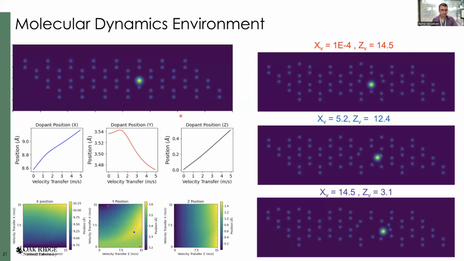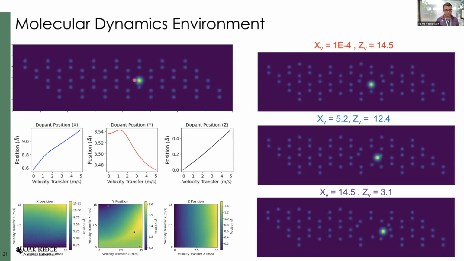And so if you can formulate your problem in terms of a reinforcement learning environment, then you can probably use reinforcement learning to solve that particular problem, given enough time and compute resources, really. So that's really what it requires. But let's do that for this particular case of moving silicon dopants in graphene through molecular dynamics simulations. This is actually a problem that can be done on the STEM, and there's been a lot of work out of Oak Ridge as well as other places where they have been able to move silicon dopants using electron beam